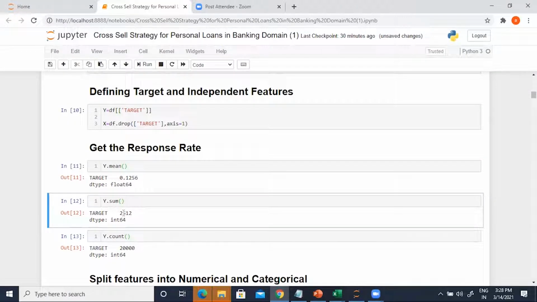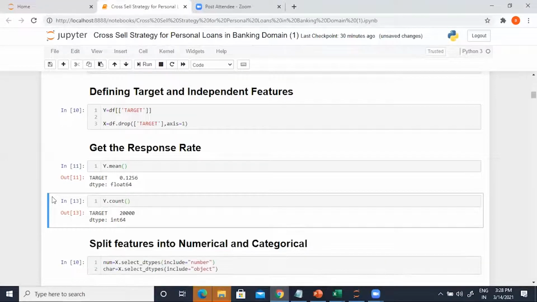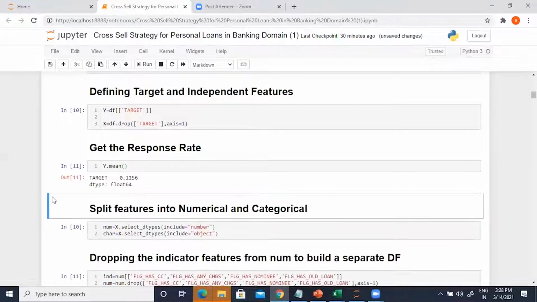When I say event, an event is nothing but a positive outcome or a success. In the case of a cross-sell targeting model, anybody who has responded has contributed to an event or a positive response. Clear, everybody? So when we apply mean, we ultimately get 12.56, whatever the number is.